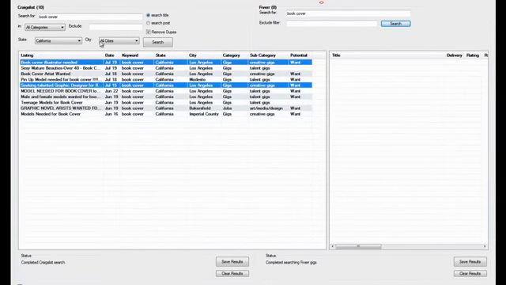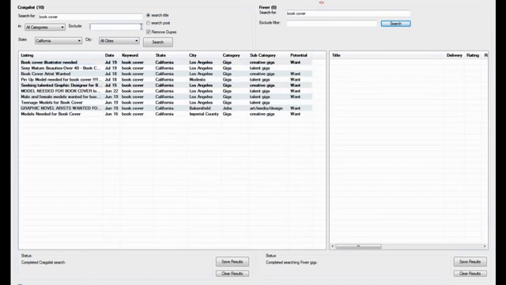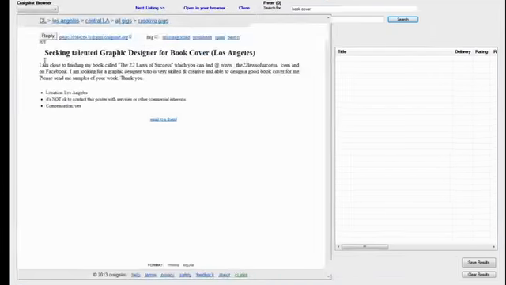Also, up here, in addition to removing duplicates, you can search between search title and search post just like you can on Craigslist. But another thing that you have is you can exclude stuff. Because sometimes when you do a specific search, it tends to bleed over in another area, and all of a sudden you see just a lot of different ads for something else. Just use keywords to remove them. It's very, very handy.